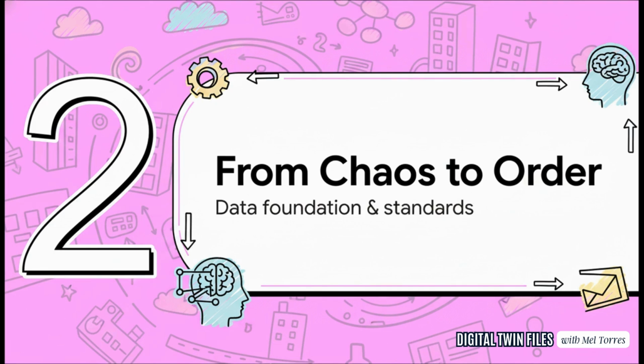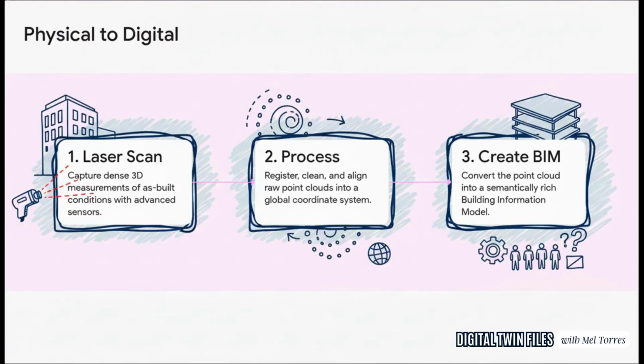And that journey literally starts out in the field. You've got firms like the ones on GSA's big IDIQ contracts using these incredible laser scanners to capture millions, sometimes billions of data points. They're creating what's called a point cloud. But that raw data is just a cloud of dots. The real work is processing it, cleaning it, aligning it in a coordinate system, and then, this is the key part, converting it from a dumb collection of points into a smart, semantically rich building information model. A BIM. That's the first big leap.